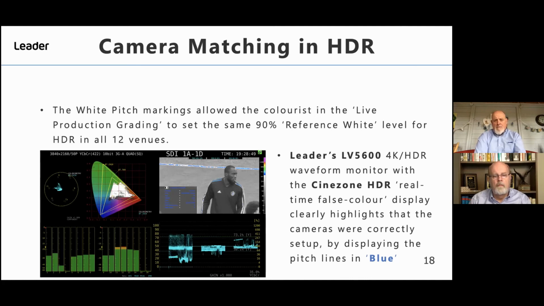Now, when you're covering sporting events, pretty much everybody sets the grass to 18%. That's your kind of reference level. And we found in sports productions that your 90% reference for your boundary between SDR and HDR needs to be something that's consistent across the whole field of play. And what we found during the FIFA World Cup was that we could actually use the white pitch markings and set that as a 90% reference,